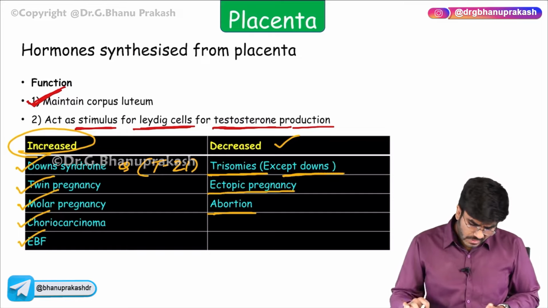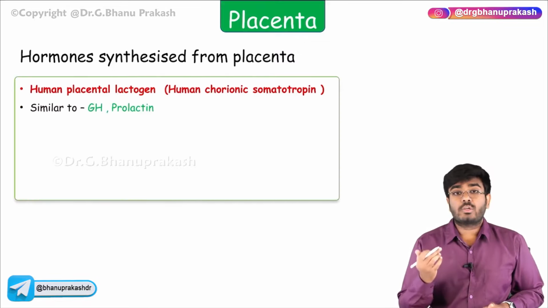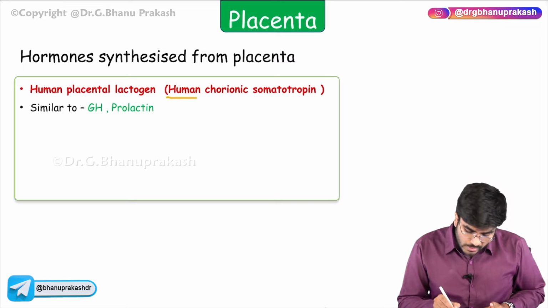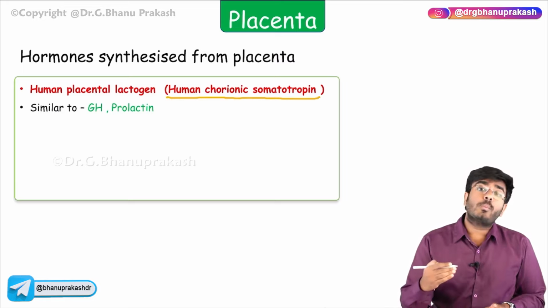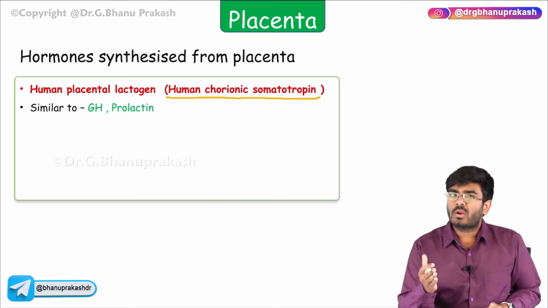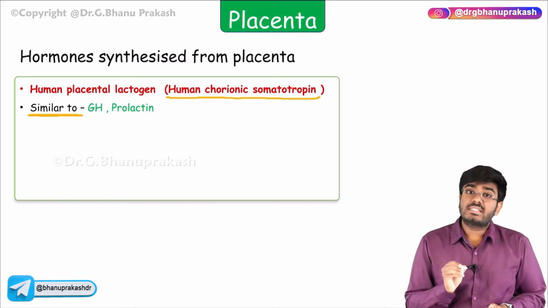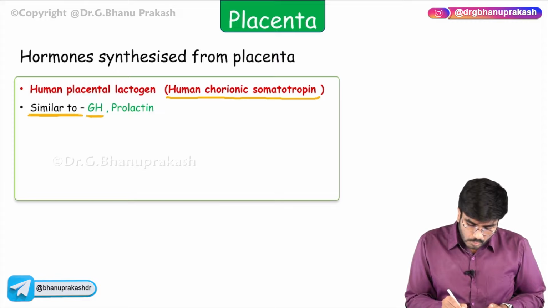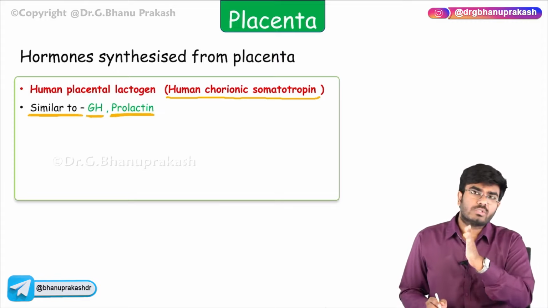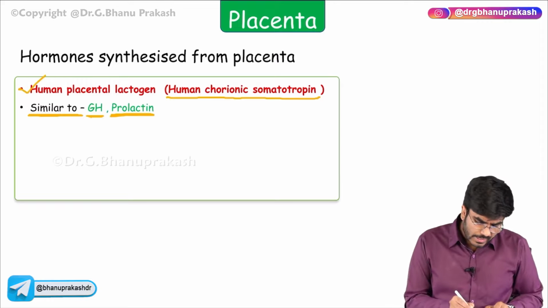After this, let's talk about a hormone which is known as placental lactogen, human placental lactogen, which is also known as human chorionic somatotropin. Somatotropin, which means growth hormone, right? So, similar to this, human placental lactogen is similar to growth hormone and also prolactin. Very important MCQ. Human placental lactogen is similar to growth hormone, prolactin, and this human placental lactogen is also getting